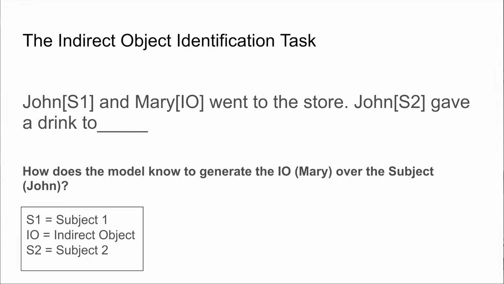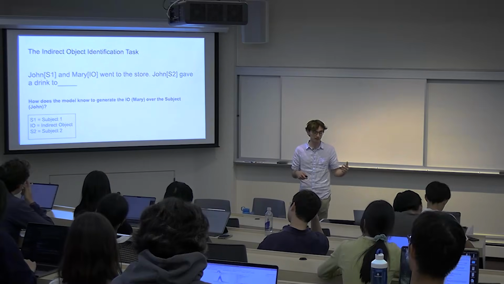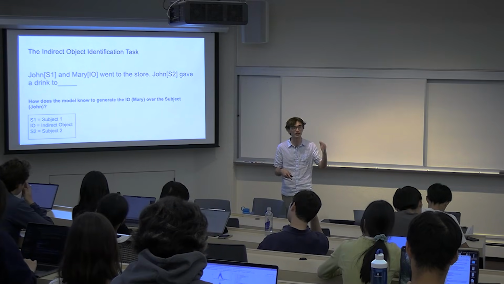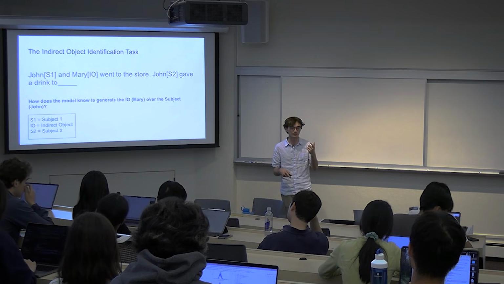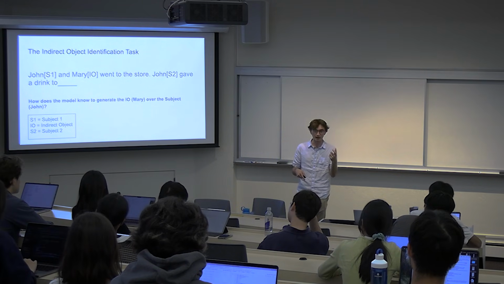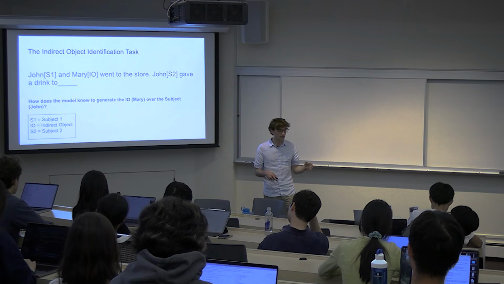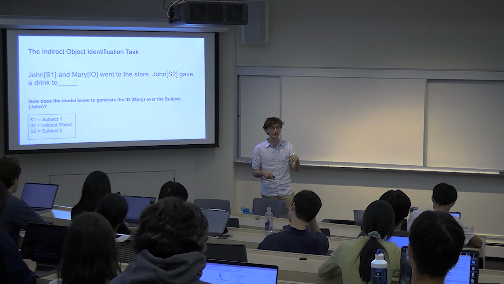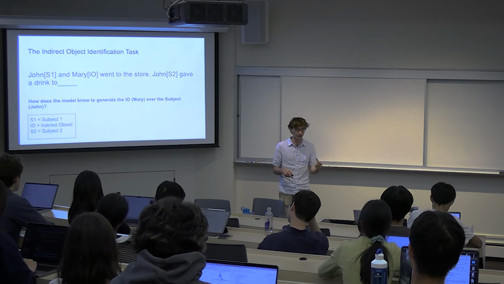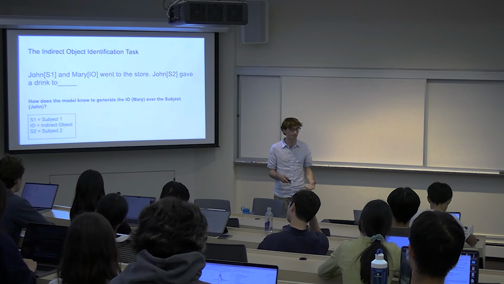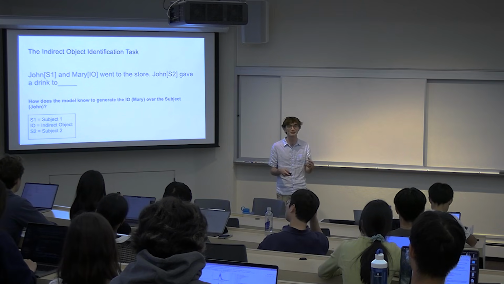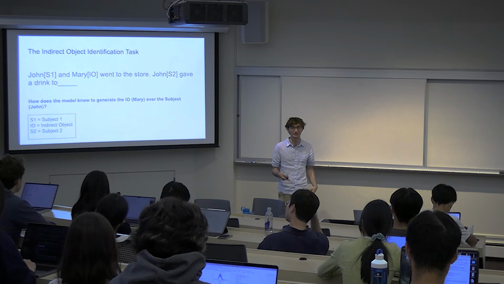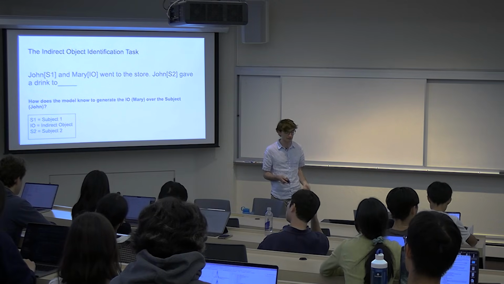And there's a bunch of things that you could continue this sentence with. Like you could say, gave a drink to me, gave a drink to you, whatever. But for the purposes of this analysis, the authors just cared about how does the model know that the logit for Mary should be higher than the logit for John? Because John gave a drink to John makes no sense. So it's a really, really simple behavior, but even understanding how models do this is a kind of Herculean task.